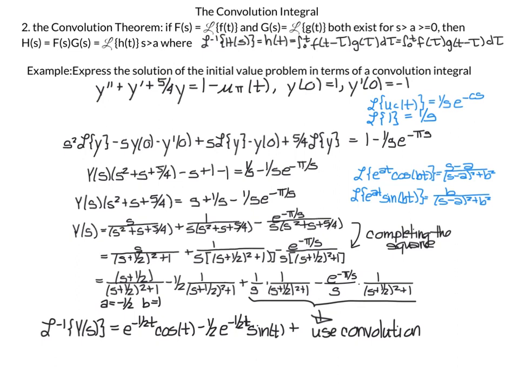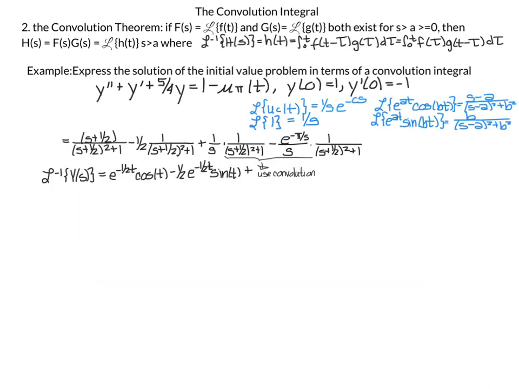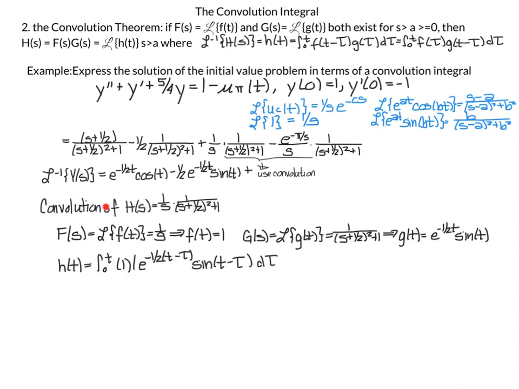And to give myself more space, because I want to be really clear exactly what's going on, I'm going to clear all this stuff out here and just move this up to the top. Here is the last line from the previous slide, and now I have more space so I can work on the convolution of these two terms. Working on the convolution of my first term, which I'm going to call h of s, so that's 1 over s, 1 times 1 over s plus 1/2 squared plus 1. So I wrote it again in terms of h of s,